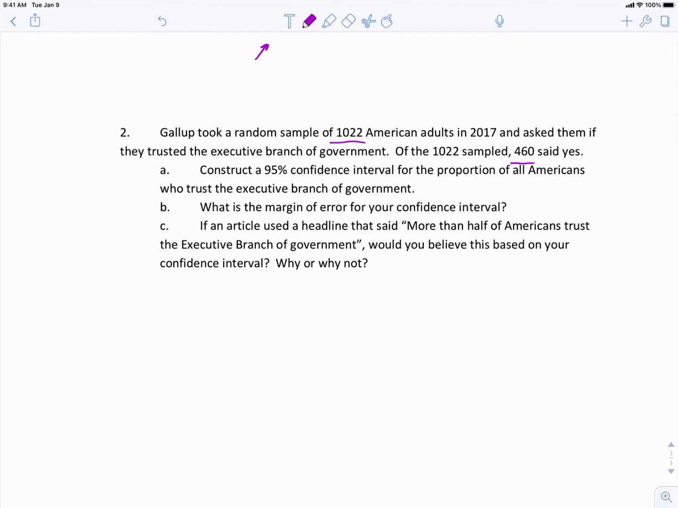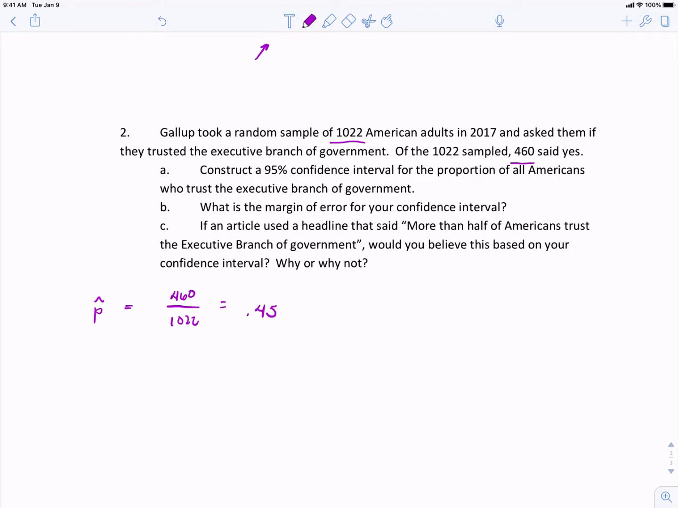Okay, so our sample proportion is 460 out of 1,022, and I'm just going to change that into a decimal for us. So our sample proportion is 45%. And so the question is, based on that sample proportion of 45%, what does it tell us about the entire country, all American adults? So we don't do confidence intervals by hand, but I'm just going to draw a picture for you of what StatCrunch is going to do, just to review how we do confidence intervals and the theory